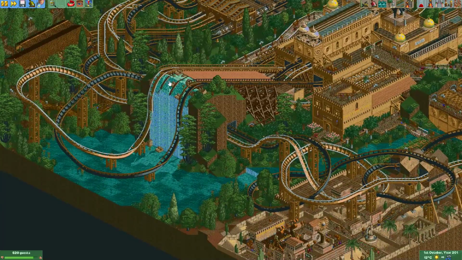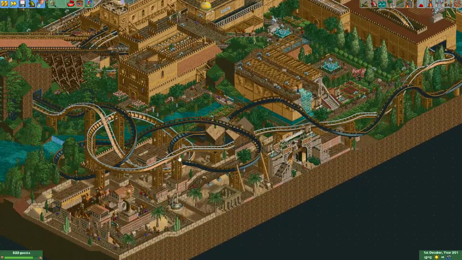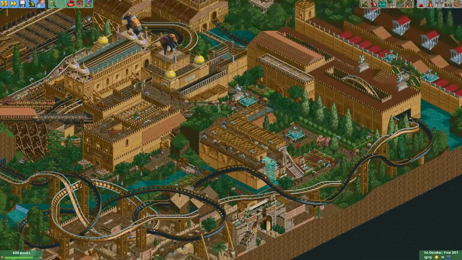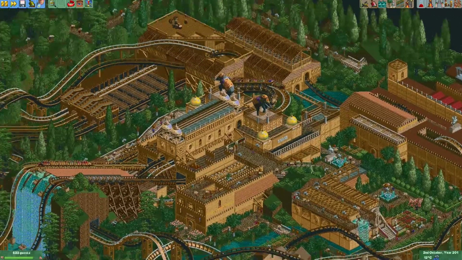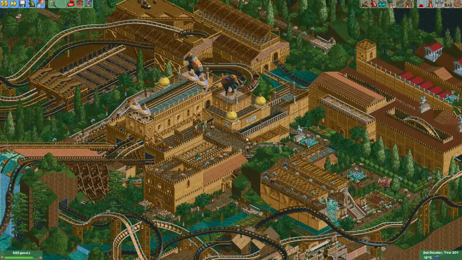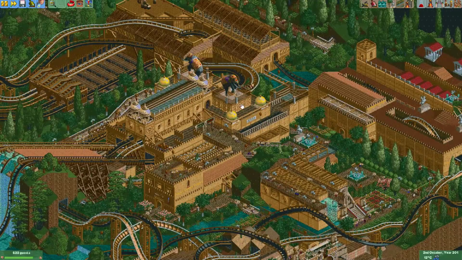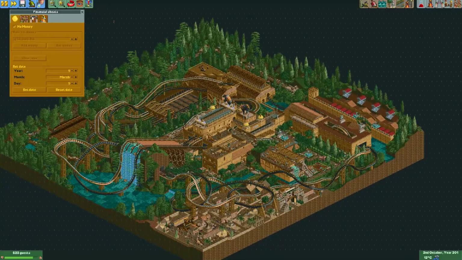This first drop is great with the waterfall. Some really nice buildings throughout the entry here. I love these buildings. This castle looks really nice. The station for this coaster is also in the building. So yeah, this was definitely one of my favorite